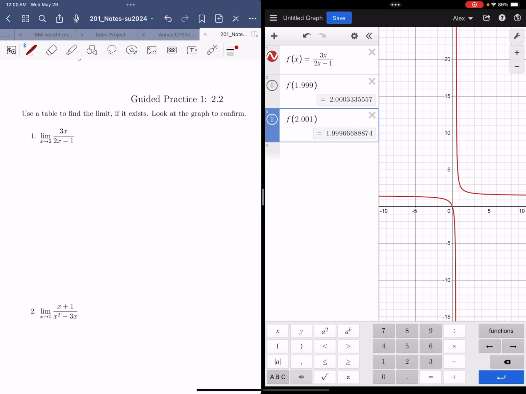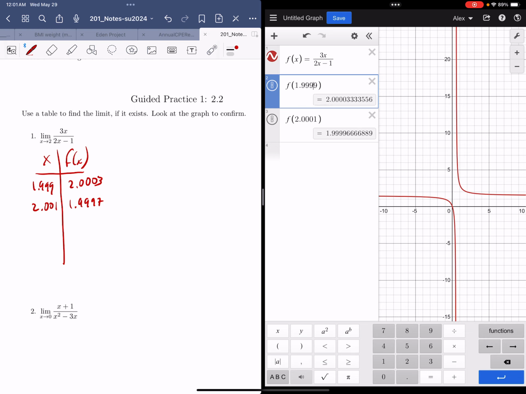So we can kind of just enter this in, right? And I think something along the lines of for x, f of x, looking at x equals 1.999, f of x equals 2.0003, x equals 2.001, we have 1.9997, right? If we do this even more, right, if we exaggerate this even more,